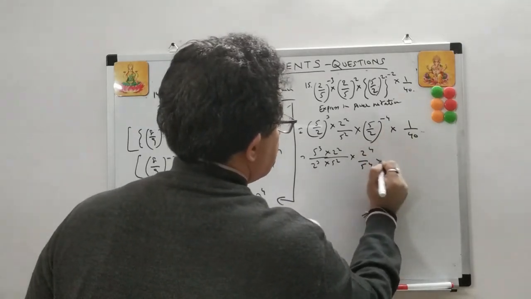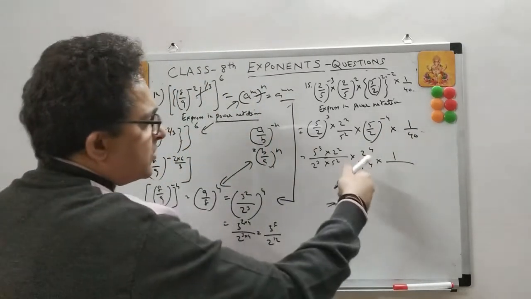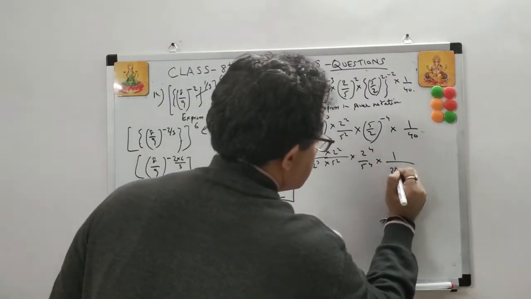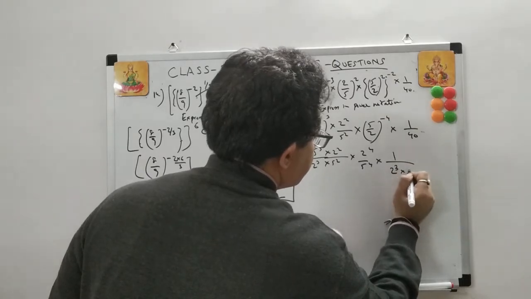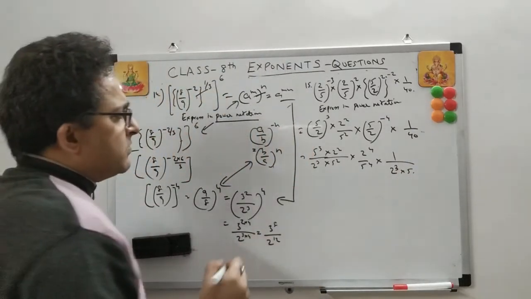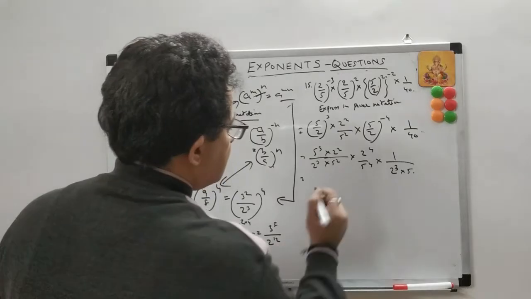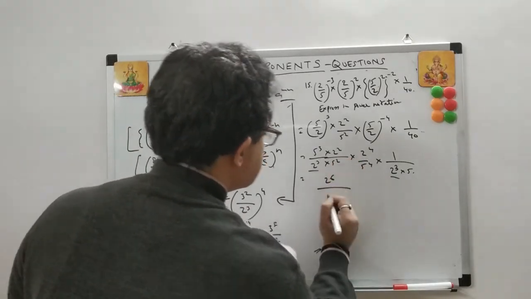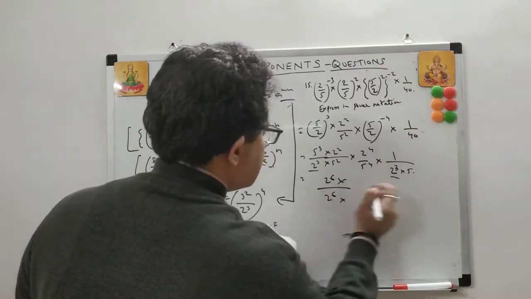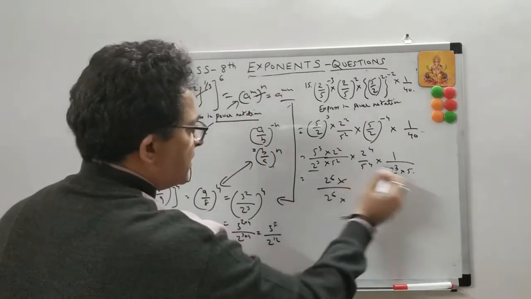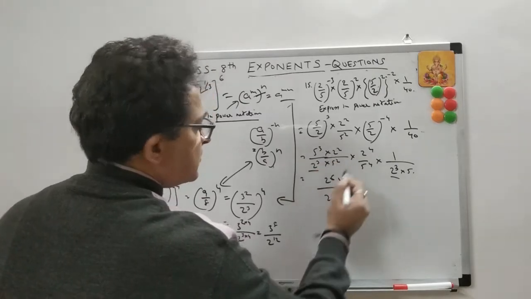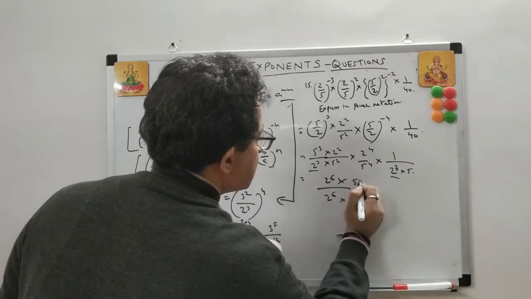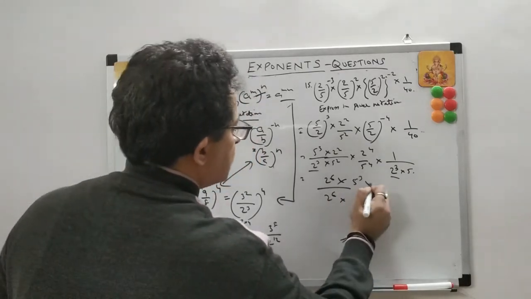And again, see 40, we have to break it into 2s and 5s. So you can write this as 2 cube is 8 into 5. Now let's simplify and see what happens here. This is 2 to the power 6, right? Here this is 2, and 2 to the power 6 here again. You can add these same bases, and this is 5 to the power of 3. You write it the same way, into 1.